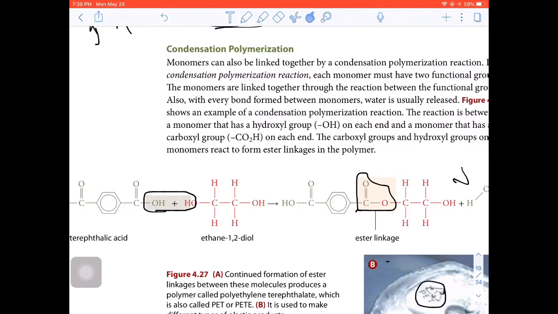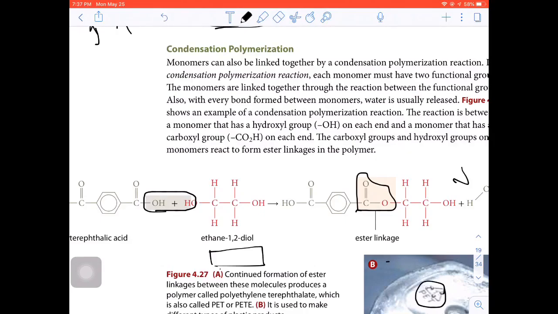Some molecules actually can do this by having a carboxylic acid at one end and an alcohol on the other. So what happens is the carboxylic acid at the end of one will bond to the OH group on the end of the other one, by an ester link. And then the carboxylic acid at the end of that one will bond to an OH on the next one. So I have whatever the structure is,